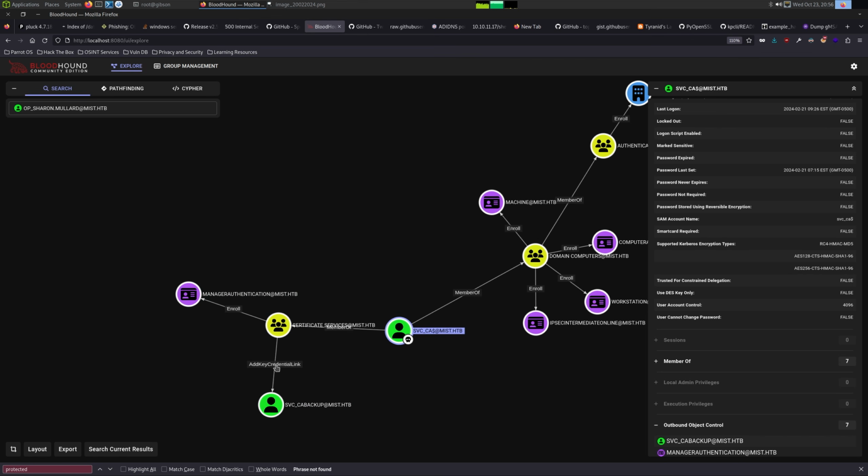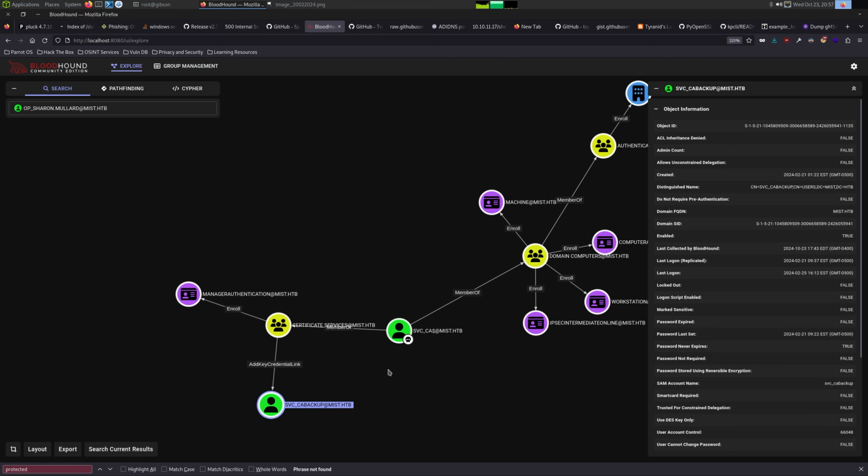And we can gain access to that through the add credential link, which is what we've been doing before, like that whole ldap thing, like adding a certificate backup login to the account so we can log in as it. So we can impersonate the backup user. It's not exactly clear why right off the bat, but the reason why we're going to do this, I guess we can explain it now before we go too deep, is this